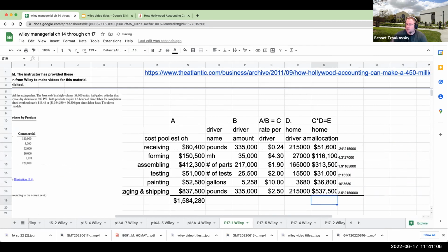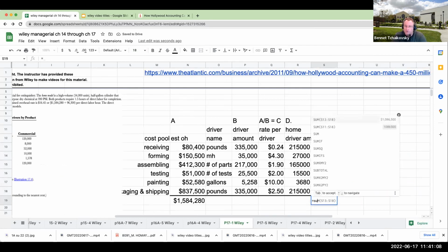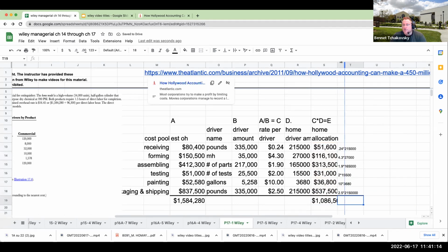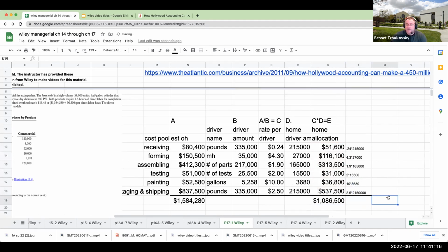Okay, so my total amount that I'm going to be allocating to the home module is going to be $1,086,000. Now, I could also just say, oh, well, that means that the overhead being allocated to the other one is going to be $497,780. Now, I just want to caution you: yeah, could you do that? Sure. But I always like to go through and check our work. So we're now going to be looking at the commercial